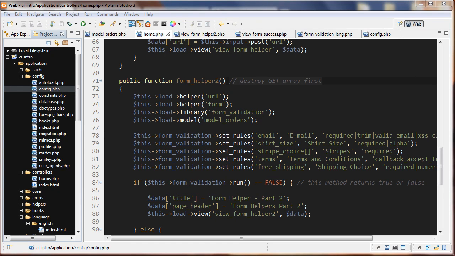This tutorial is a continuation from the last tutorial where we looked at form helpers. This time we're going to do some validation on the data that was submitted by our form, and we're going to do an insertion into the database. So what we're going to do first is, because nowhere on our website so far have we used the get